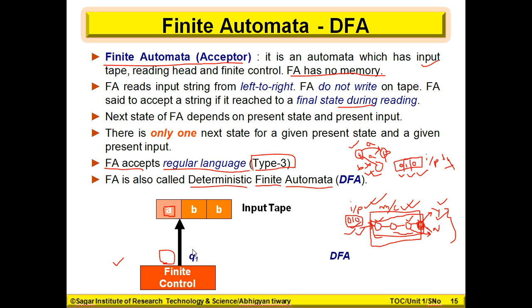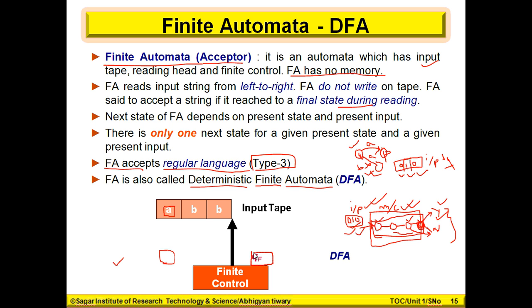And right now what is happening? It is in state Q1 and it is going to read B. After taking it, it again changed its state from Q1 to Q2, and last but not least, it reads that B, and after taking this B as input, it reaches its final state. So that is how this is an input tape, this is the reading head, and this is the finite control. So in a state, for a single kind of input, we have a single output state. That's all.